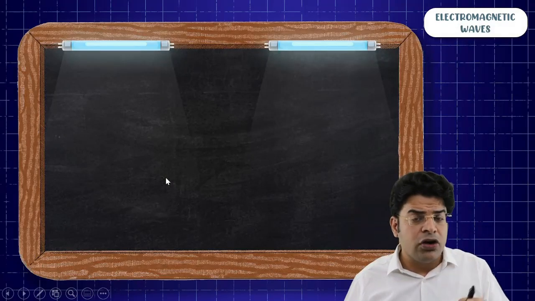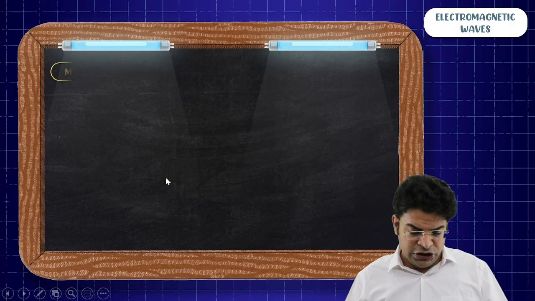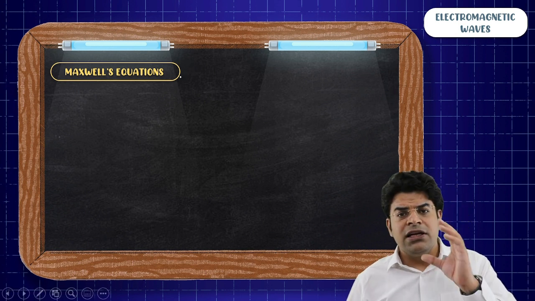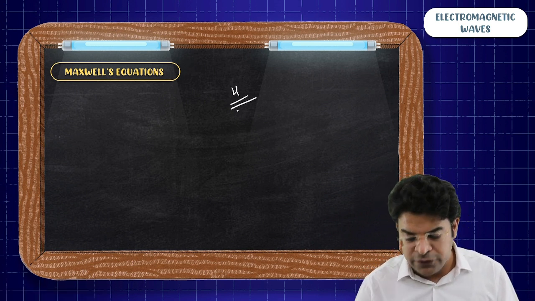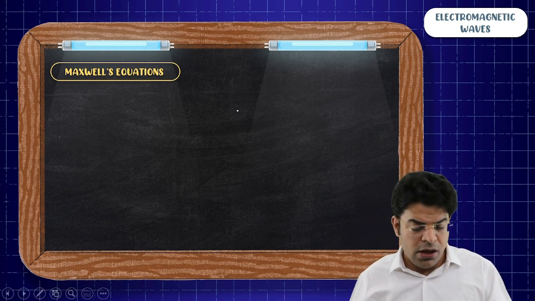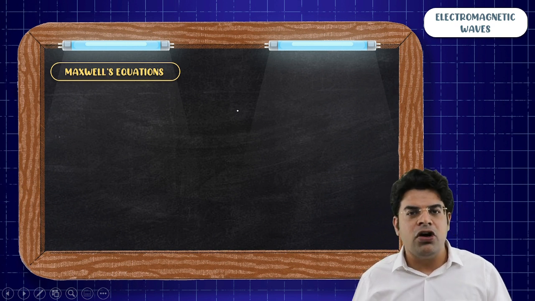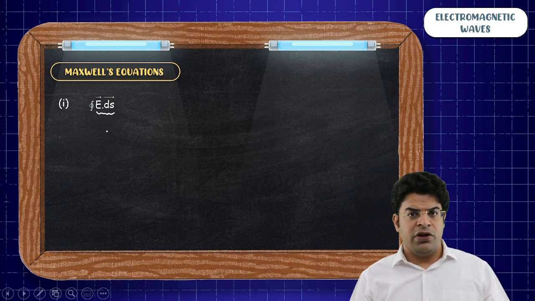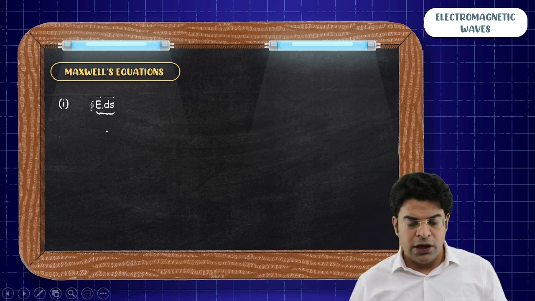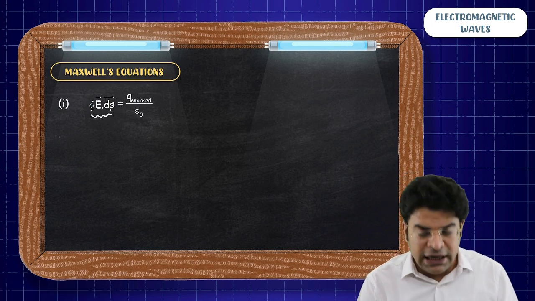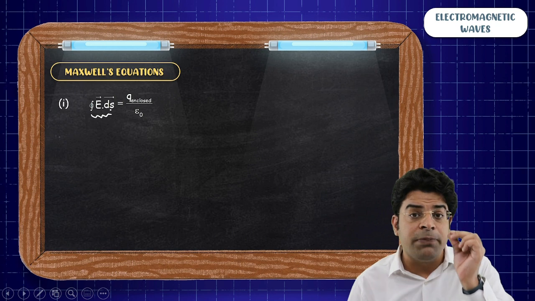The first thing we need to talk about in electromagnetic waves is called Maxwell's equations. Now, what are Maxwell's equations? There is a set of 4 fundamental equations in electrodynamics which are combinedly called Maxwell's equations. The first equation is nothing but our Gauss law. The Gauss law tells us that the net electric flux coming out of a closed surface equals Q in by epsilon naught. The term on the left hand side, closed integral of E dot dS, represents the net electric